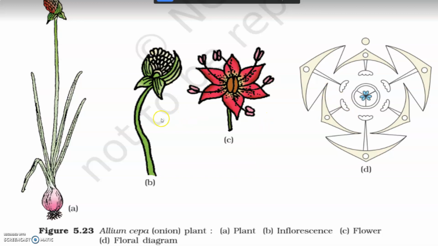Fruit is a capsule, rarely berry, and seeds are endospermic. So its floral formula: they are bracteate. You can see here the position of the bract. They are actinomorphic and they are bisexual, with the perianth 3 plus 3 and androecium 3 plus 3, and gynoecium is 3 with a superior ovary. The plants belonging to this family are ornamental, a source of medicine, and they are used as food also.